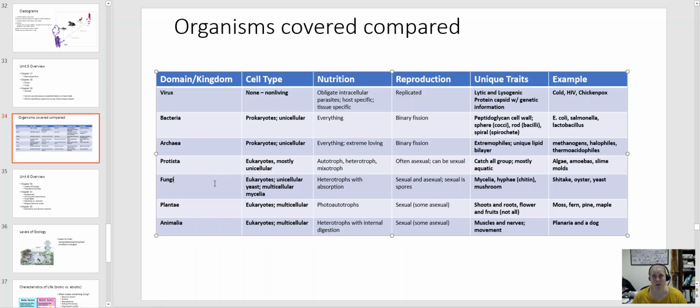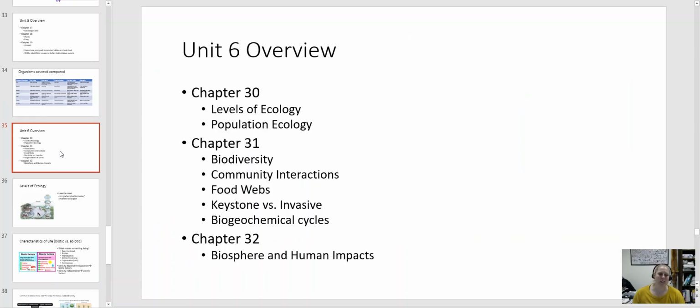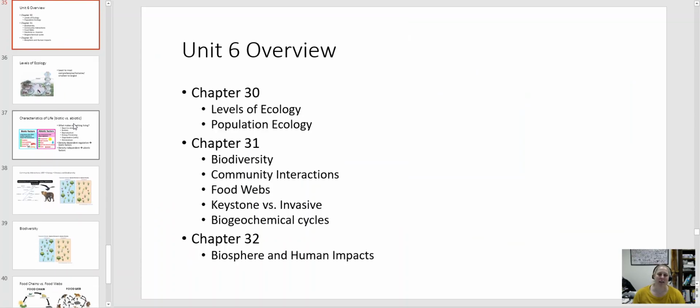Fungi have the chitin cell wall. Plants have a cellulose cell wall. Animals do not have cell walls. Okay? And then last but not least, Unit 6. So Unit 6 is levels of ecology, population ecology in Chapter 30. Biodiversity, including community interactions in food webs, keystone species, and biogeochemical cycles in 31, and the biosphere and human impacts in 32. This one we tend to feel very comfortable with because it is material that is